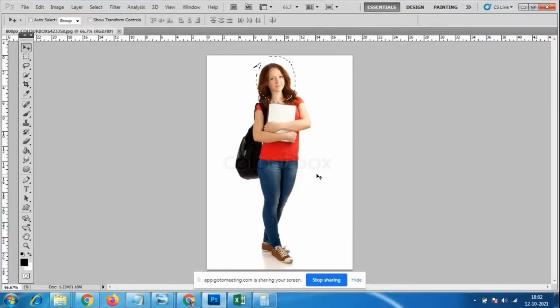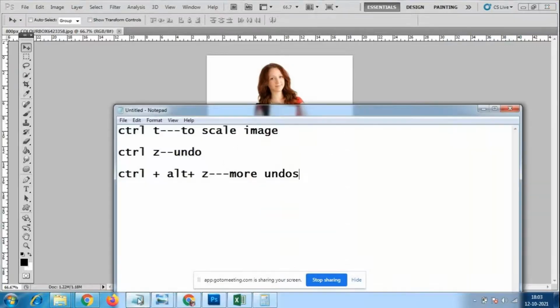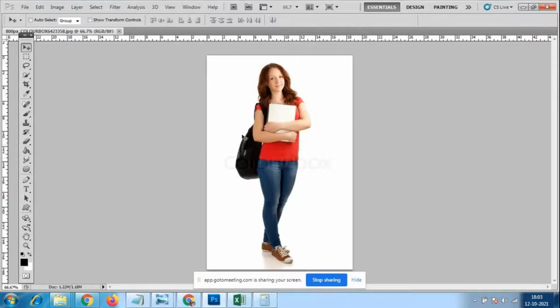Control, deselect. Whatever selection has happened here with this line, we have to deselect. For that I have to use Control D. Okay, please write it down. That is Control D to deselect. Already we selected some of the options over here, so those things we have to deselect. So that time we have to use the deselection.